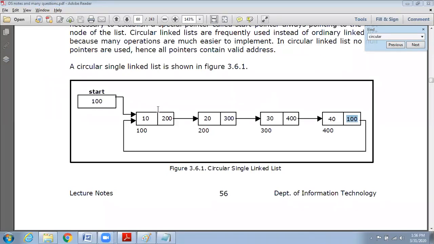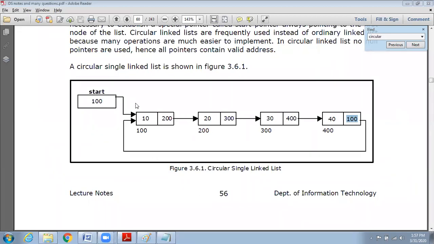It has no beginning and no end. It looks circular because it makes many operations very easy to do. So we have it in this way. Anywhere could we see a null link? No, because here all the nodes have valid addresses. No null pointers are used here. All nodes have a valid address pointing to the next node. Of course, the last node connects to the first node's address, so that we can make the circular connection.